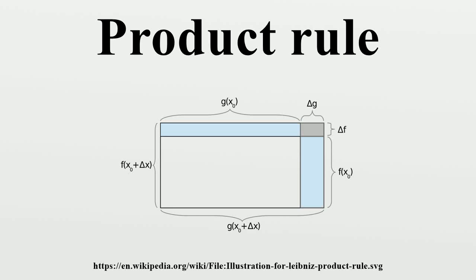In calculus, the product rule is a formula used to find the derivatives of products of two or more functions. It may be stated as or in the Leibniz notation. In differentials notation, this can be written as: in Leibniz notation, the derivative of the product of three functions is